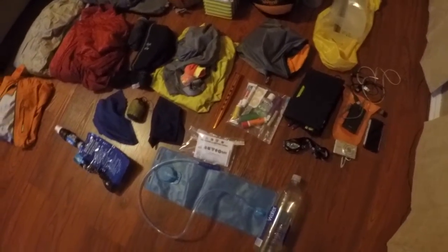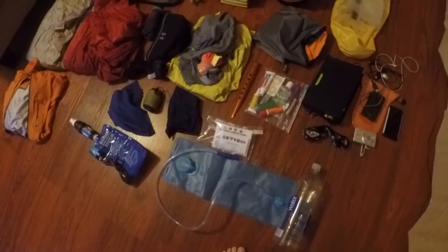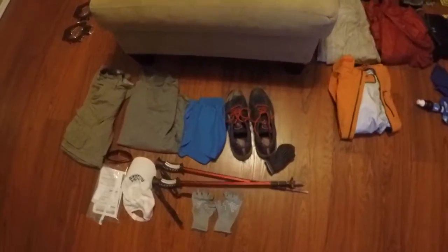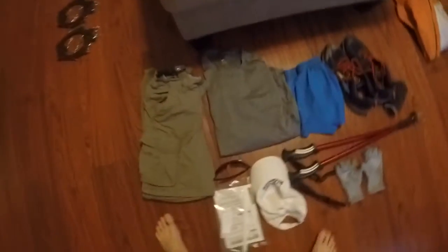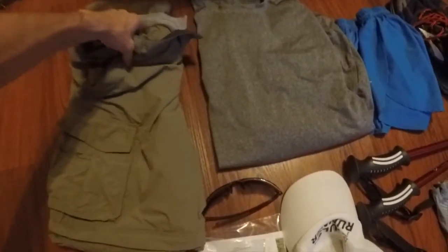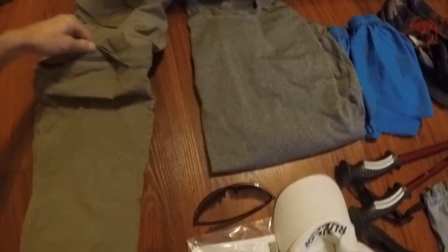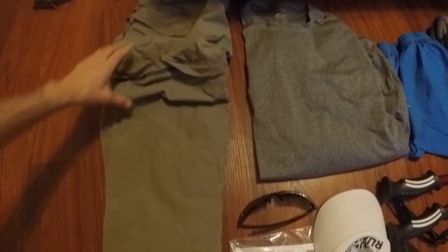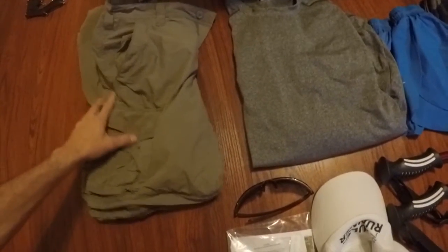I think that's all the gear that will be in my pack. Okay, let's move on to what I'll be wearing. Let's start with pants. The bottoms would come off, but I'll be wearing pants pretty much the whole time, mainly just so I didn't